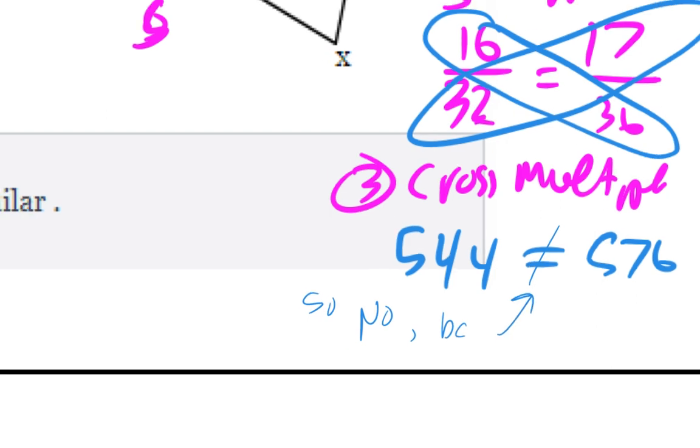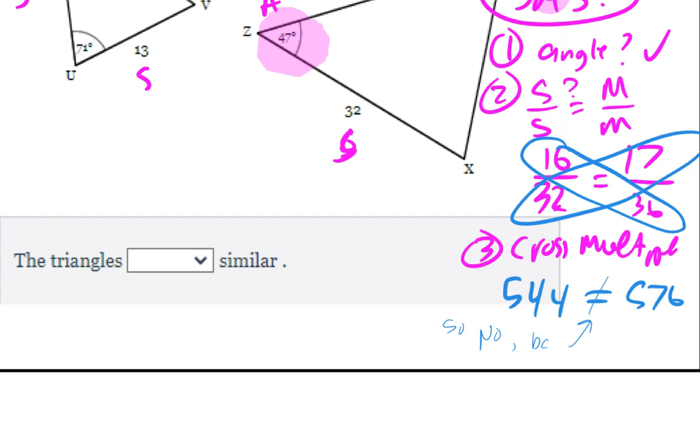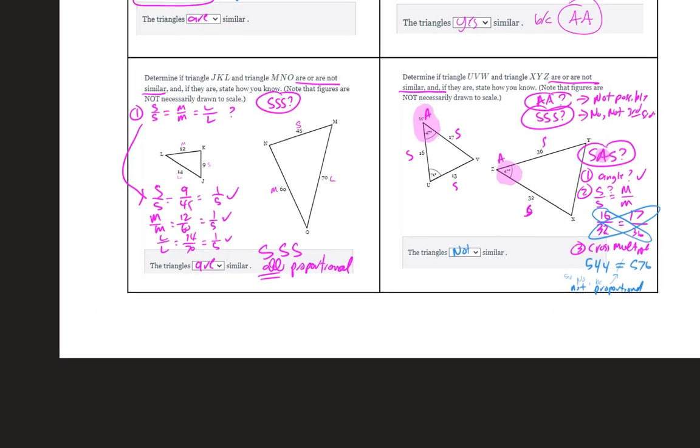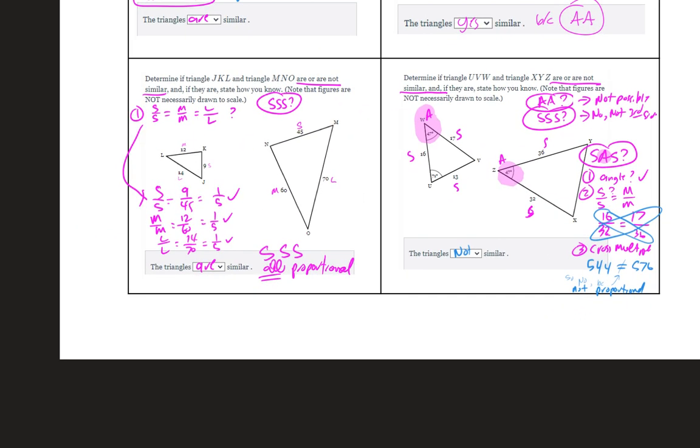If they're not equal, that means not proportional, right? And they have to be proportional to be similar. That's what similar means, right? Proportional, same size, different shape. So these look very similar, but they're just a little bit off. Make sure you do that practice first in your Delta Math on this before we move on